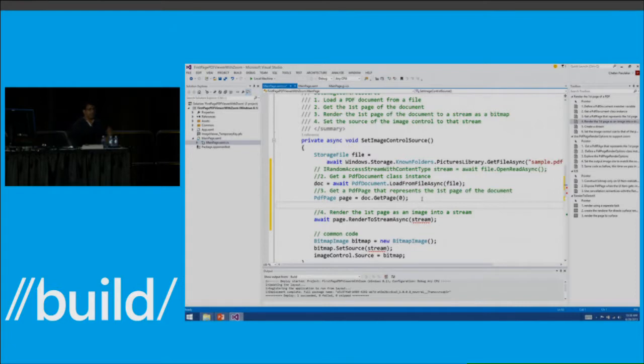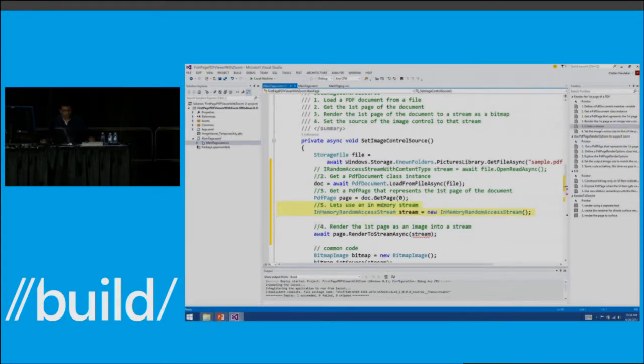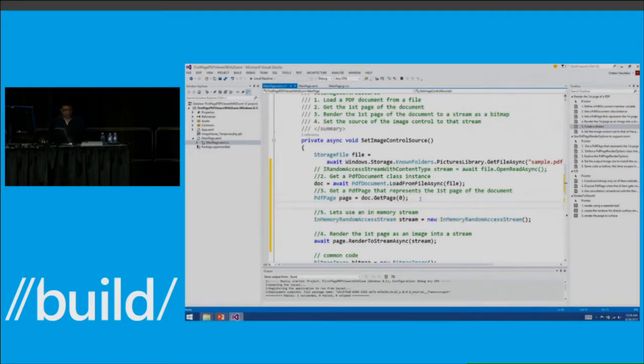Since I'm only interested in rendering on screen, I'm going to use an in-memory random access stream. So let me go ahead and construct one in my code. There you go. If you are interested in persisting the image onto the file system, of course, you will use a file stream.